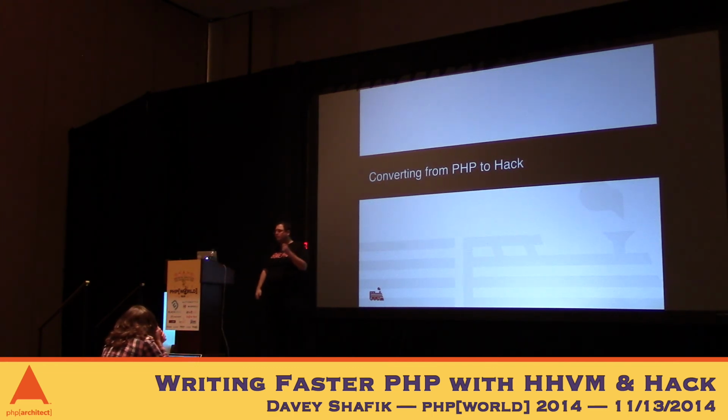You can then take those log files and feed them back into this, or into a slightly different tool, and it'll strip out any type hints that it got wrong. Okay, so it uses static analysis to add soft types based on what it thinks should be there, and then based on the logs, it removes any that were wrong. Because you don't want to accidentally say this should be an int when it really shouldn't. And then the last thing that you do is you harden those type hints. So the ones that are correct and valid, you then harden them and remove all those @ symbols. There's another tool for that.